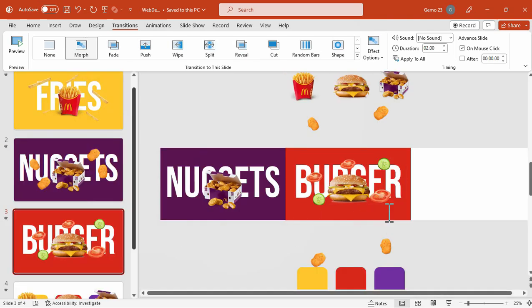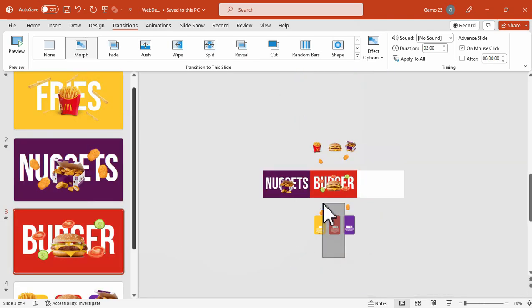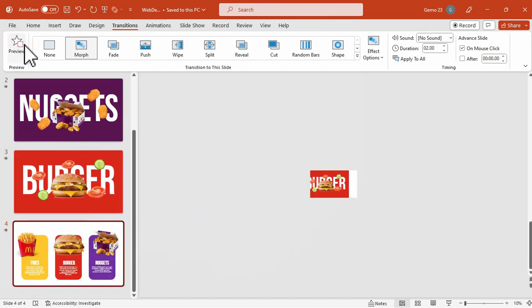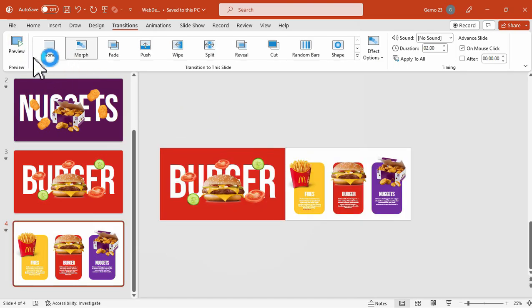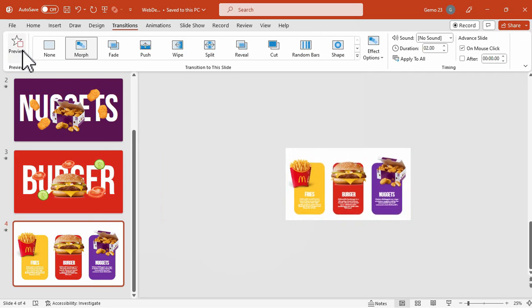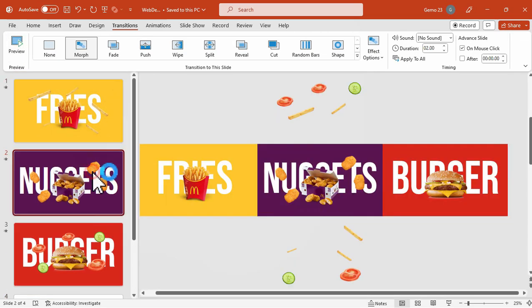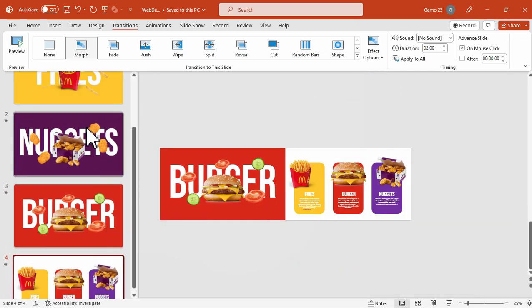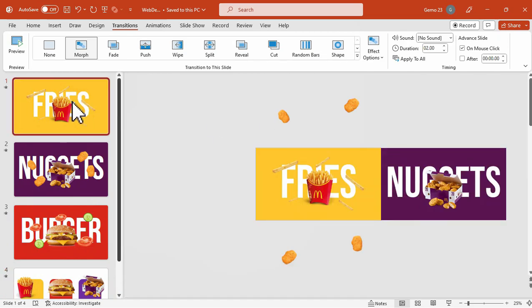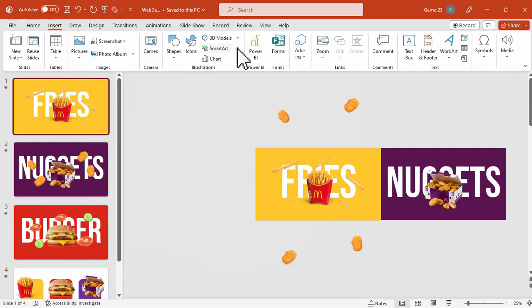And now let's try to move these elements or shapes with different spacing or distance for the delay effect, including these images below or above. So we're doing this for the delay effect of the morph transition, and that is perfect. And now, since we're done setting up these images for our morph,